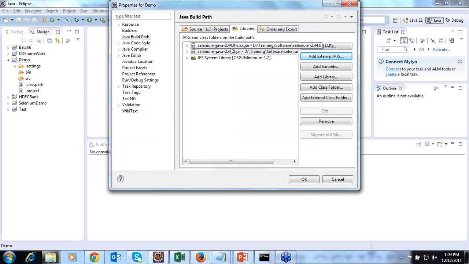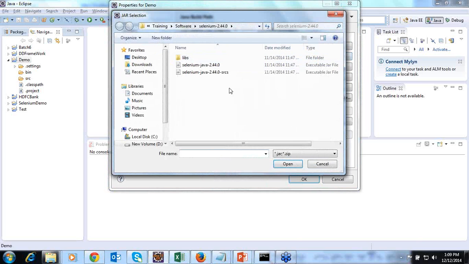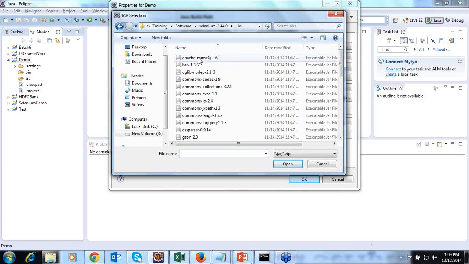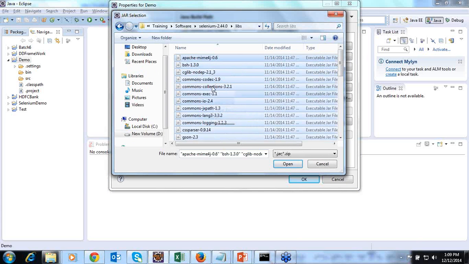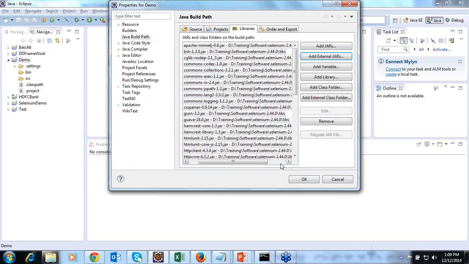Now two jars have been added. Again, click on Add External JARs, open libs, select all the jar files and click Open. Now all the jar files of Selenium WebDriver have been added to my project called demo.